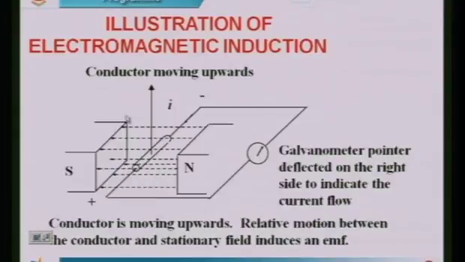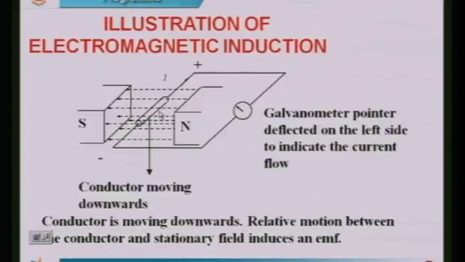In the third case, you can see the conductor is being moved upward. Obviously, there is an induced EMF. While here, the conductor is moving downwards, again you will observe a deflection in the galvanometer. With all these things, what will be the direction of the induced EMF? To understand that,